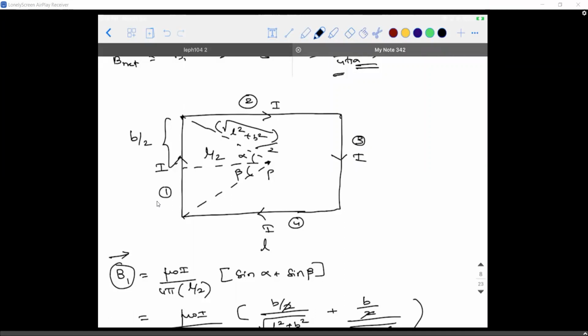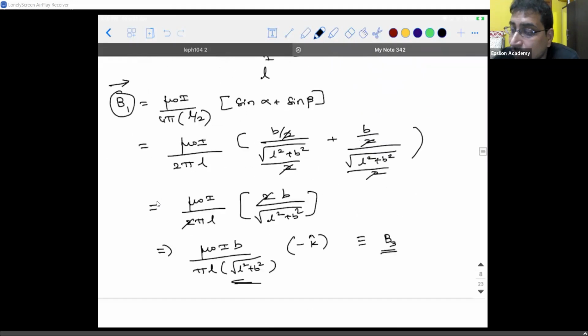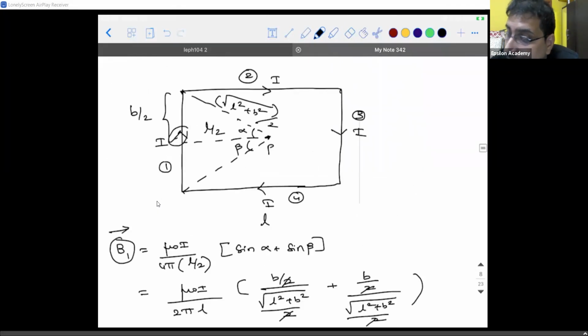B3. So B3, sir. That's right. It will be exactly equal to B3 because they are in opposite direction. And one more confusion that will start for you guys is current here is in upward direction, current here is in the downward direction. But in magnetic field, the advantage is if there is a point P lying on either sides of a conductor which are carrying currents in opposite direction, the magnetic field will be in the same direction.